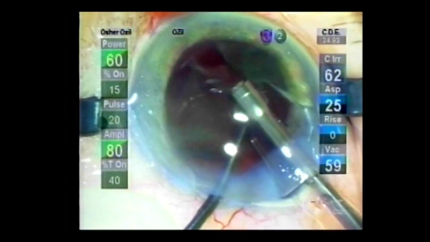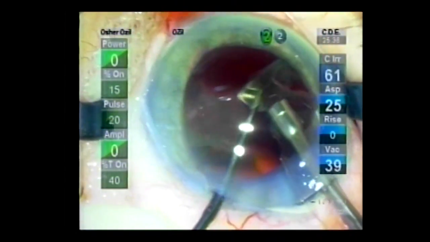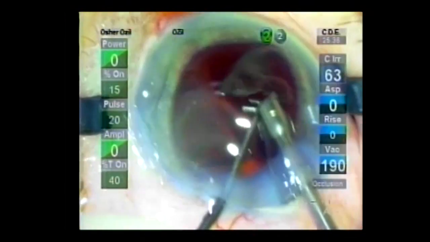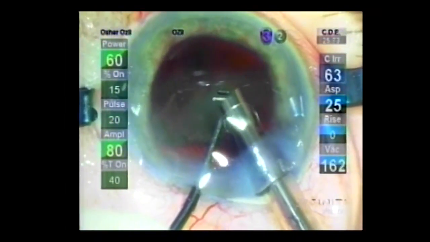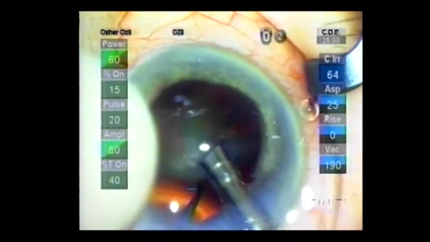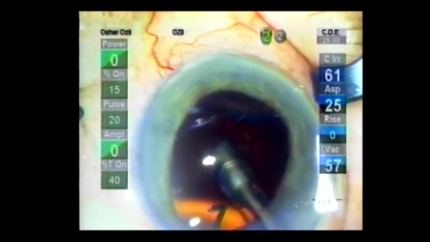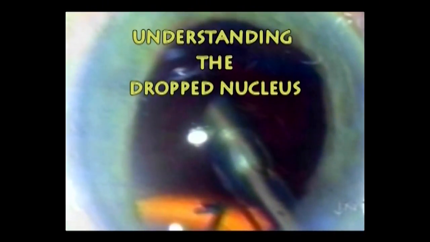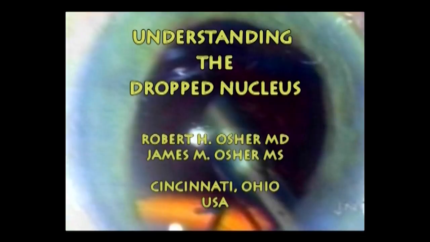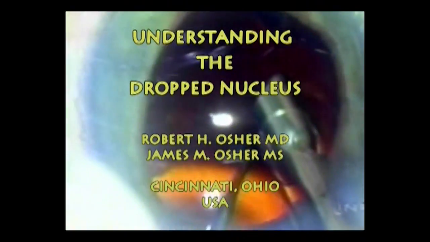The specter of nuclear loss haunts every operating theater in which cataract surgery is performed. But the essential question remains unanswered. Why does the nucleus fall backwards? This study was designed to investigate the causative factors so for the first time we can truly understand the etiology